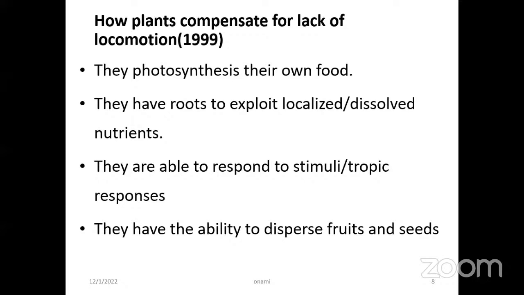In dispersal, some plants have an epicarp that is brightly colored, and this one will attract you to go and eat. For example, the guavas. And if you go to the bush to do your thing there, you will leave the seeds there. And then they will